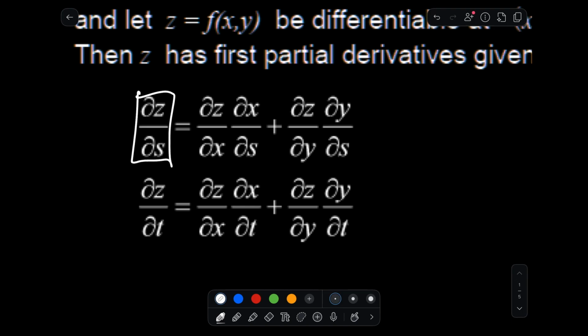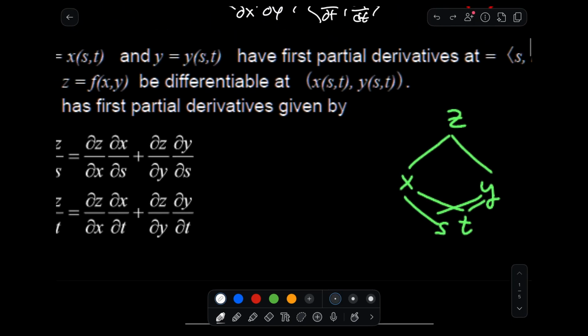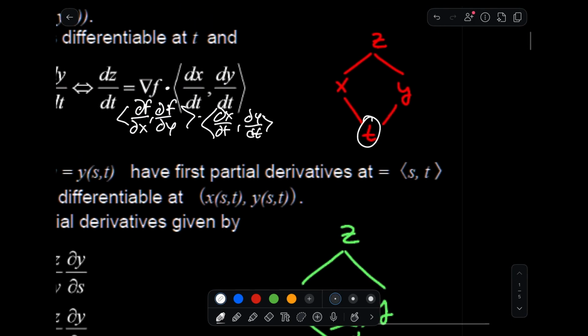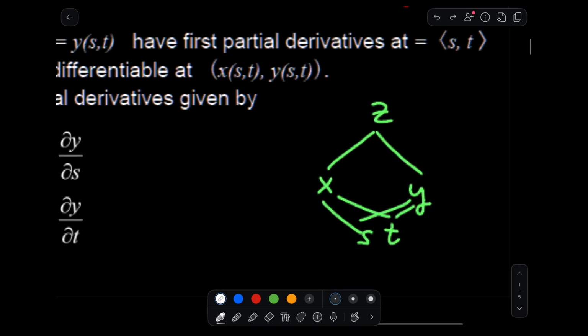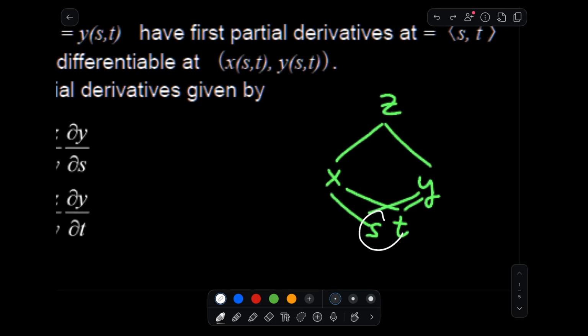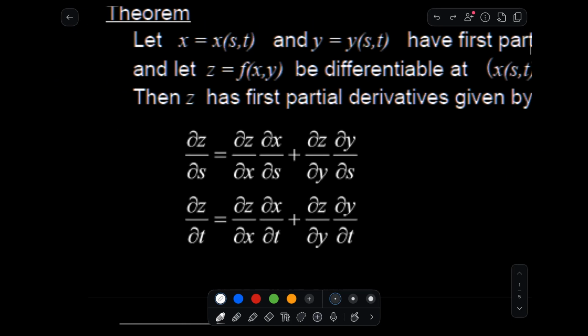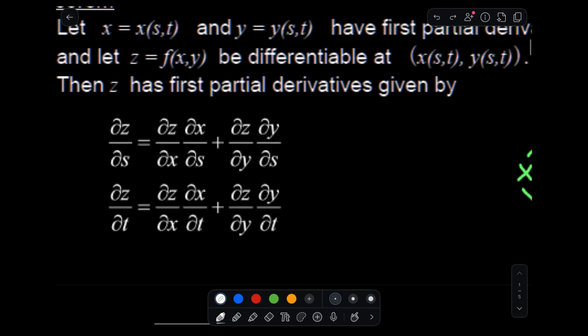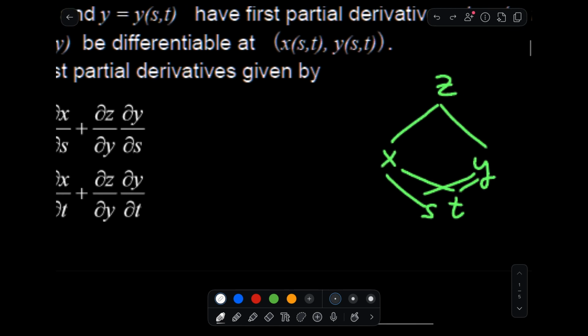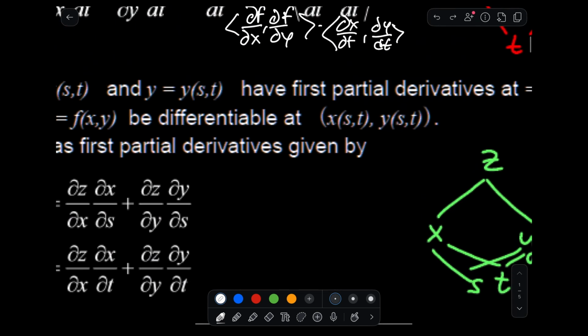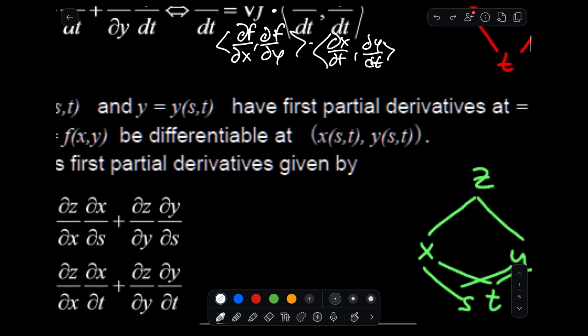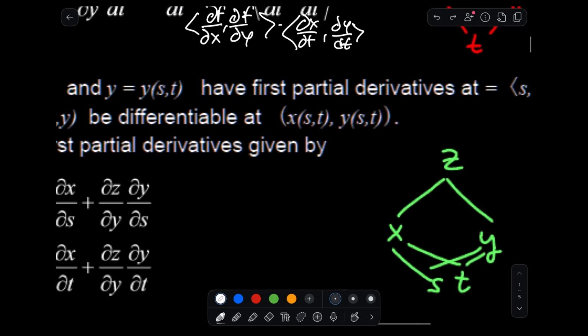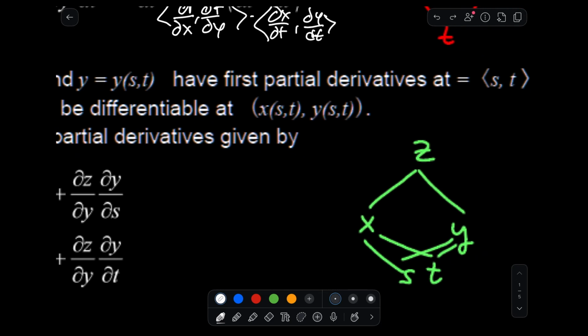Now again, this is important because before we said z was only dependent on this t right here because y and x were dependent on it, right? But now z is dependent on both s and t. And in this case, if you're taking the derivative with respect to s, the t is left as a constant. So you're taking a partial derivative with respect to t. And again, x is also a partial derivative with respect to s